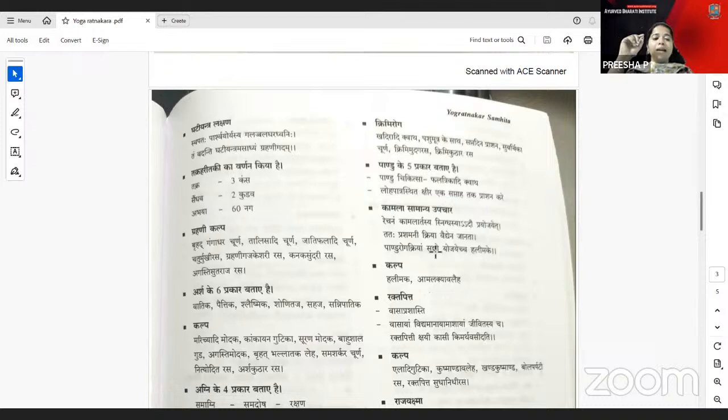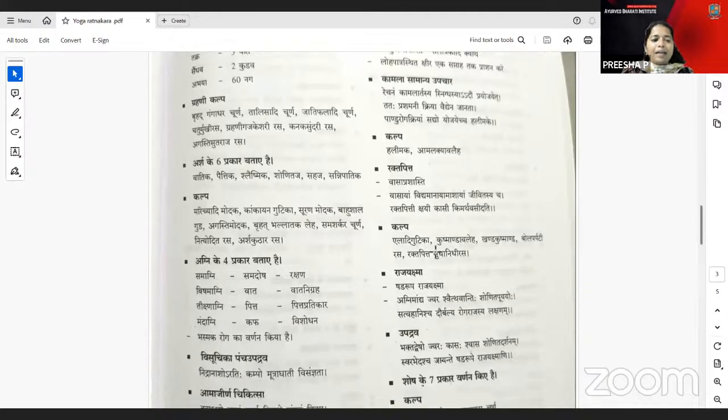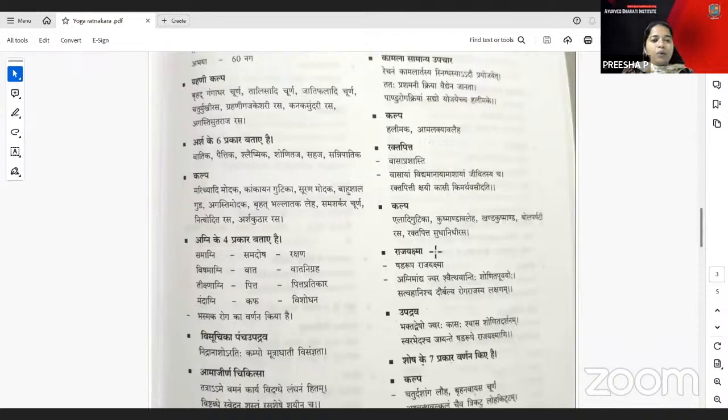Grahani kalpas are the Brihat Gangadhara Churna, Talisadi Churna, and Jatiphaladi Churna with the Chaturmukha Rasa. And Arsha is about 6 types, like Sannipatika, Sahaja, Shonitaja, Vatika, Paitika is mentioned. You have the kalpas like the Maricadi Modaka, the Kankayana Gutika, and the Surana Modaka with the Bahushala Guda. These are some of the kalpas which can be used in the cases of Arsha. I think there is one more medicine available in the market called Shikari Gula. That can also be given in diseases with excessive constipation, even though you eat fibrous food and proper amapachana, you have some difficulty in going to the toilet.